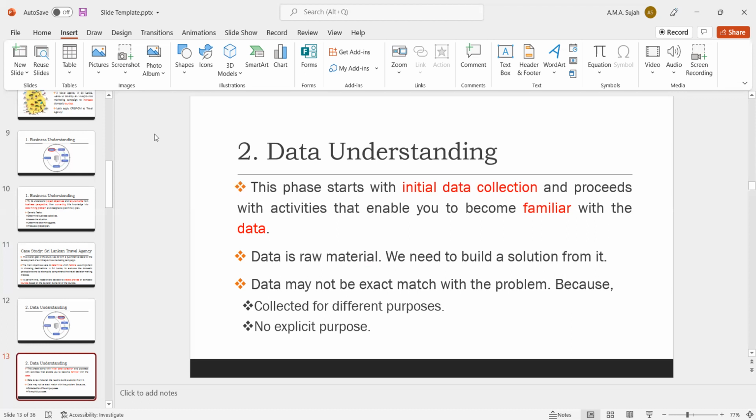Data understanding starts with the data collection process and familiarization with the data. Let's say you prepare a questionnaire and issue it to diabetic patients and collect the data. After collecting the data, you insert it into the computer and check each and every attribute, such as how many people answered, and how many males and females. You are familiarized with the data. That's very important for building models.